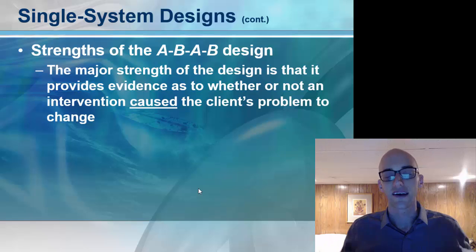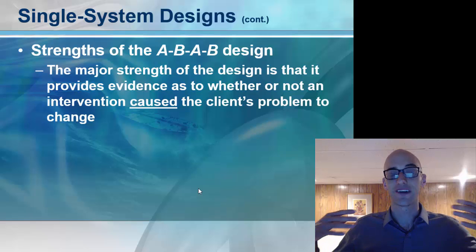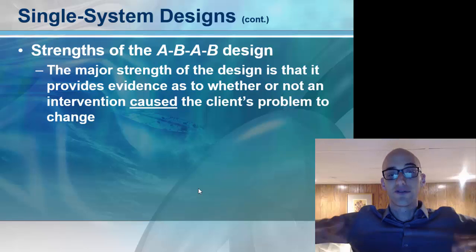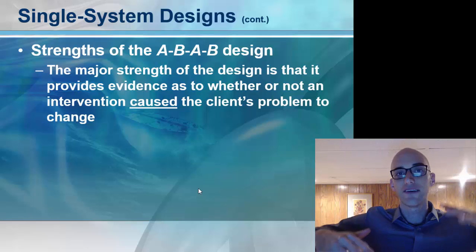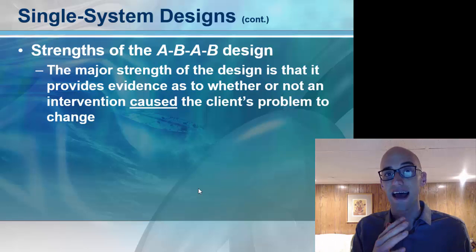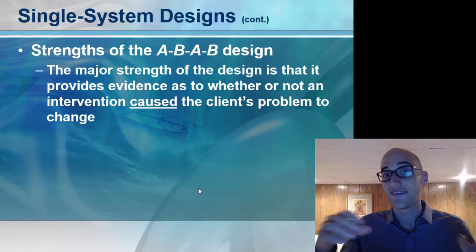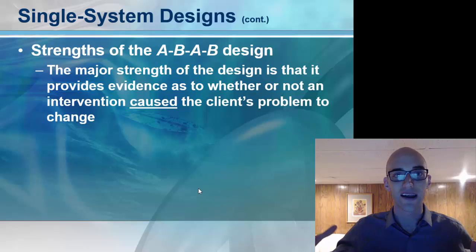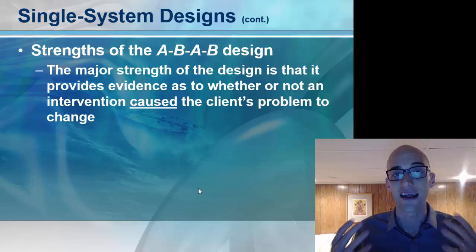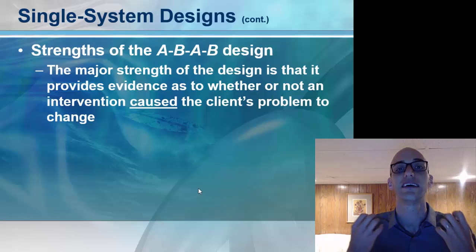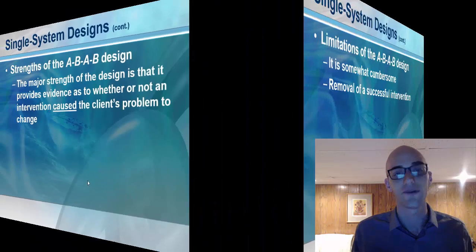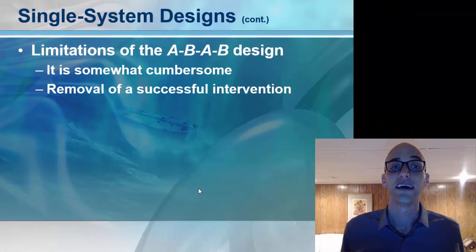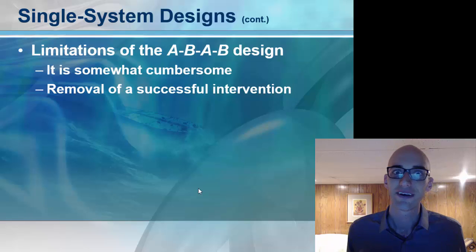So let's say that during both of the A phases, their depression was really, really peaked, and during both of the B phases, their depression was really, really low. By doing the second baseline, we can say that every time we're doing our intervention, their depression gets really, really low. So it couldn't be this third variable, because we can see repeatedly that every time our intervention steps in, their depression scores go way down. So one of the limitations of doing this is, even though it can show causality,